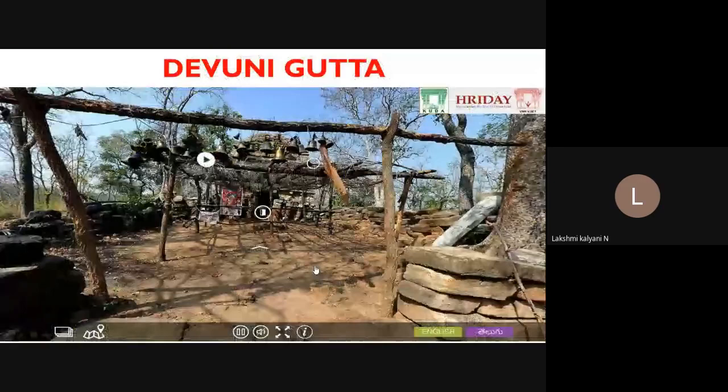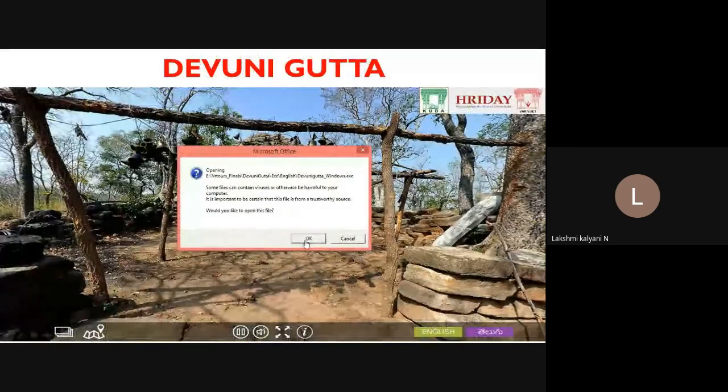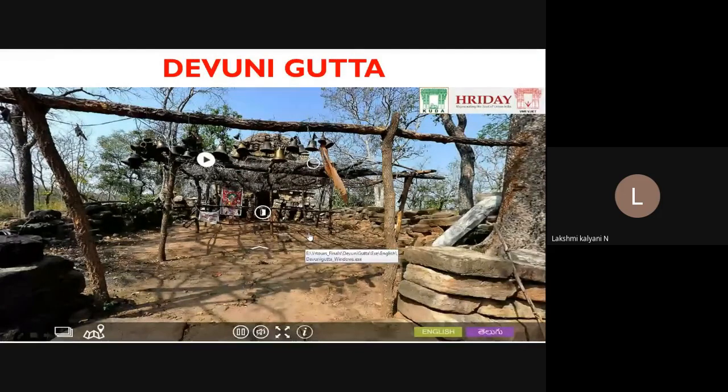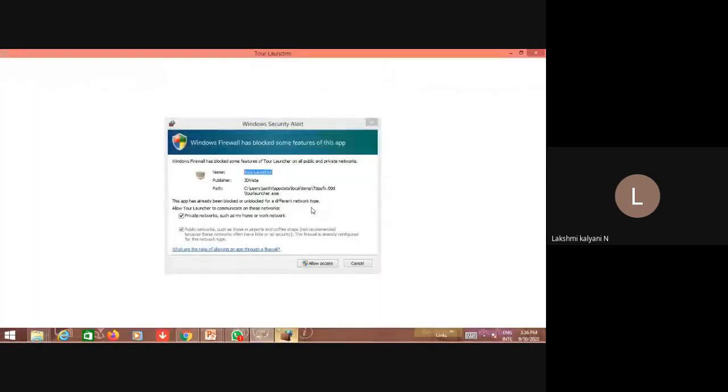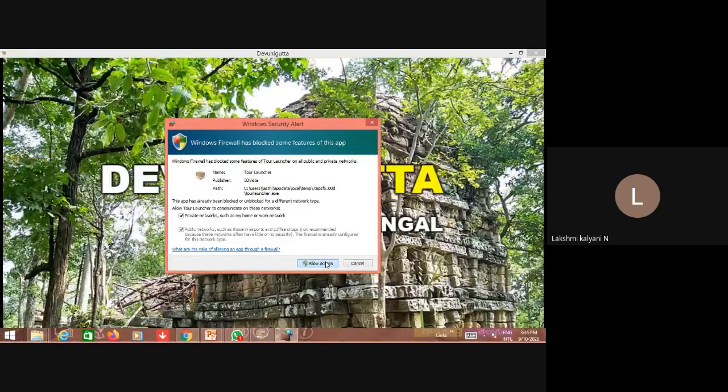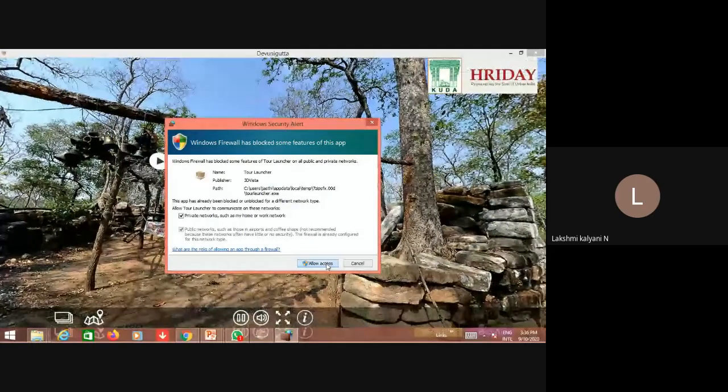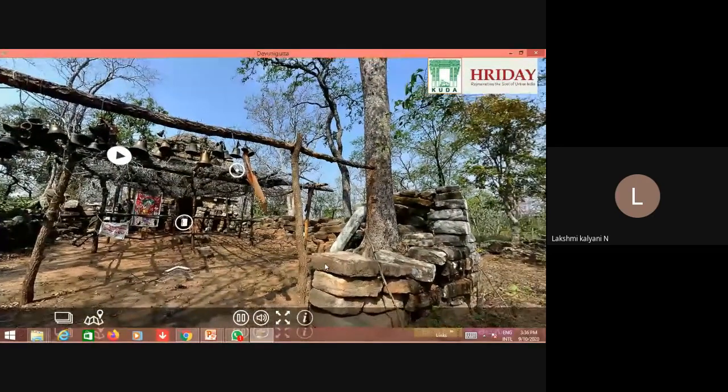Finally, virtual tour of Devani Gutta. The temple of Devanigutta is situated amidst a dense forest.